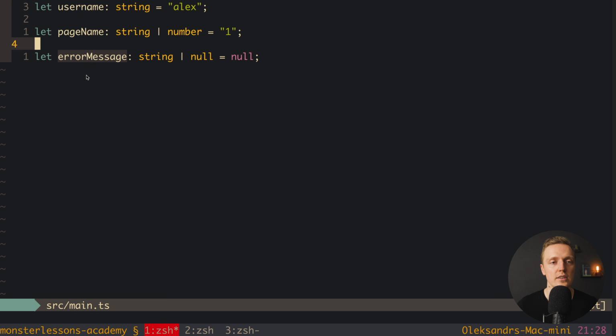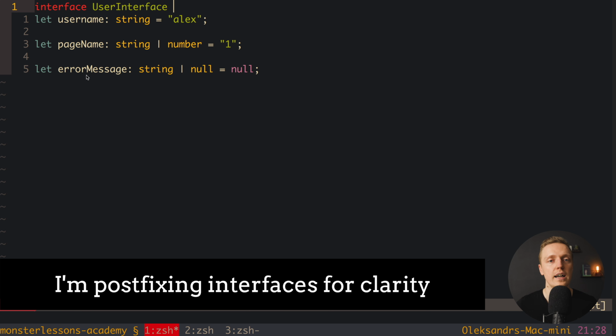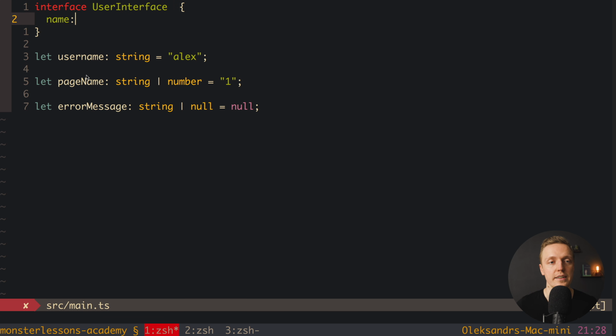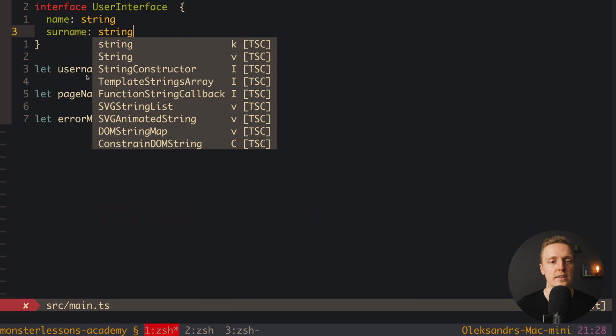So let's create here some interface first, for example, an interface for the user. So here we're writing interface, user interface, and this is an object. And let's say that it has inside name, and it should be string, and surname should also be string.